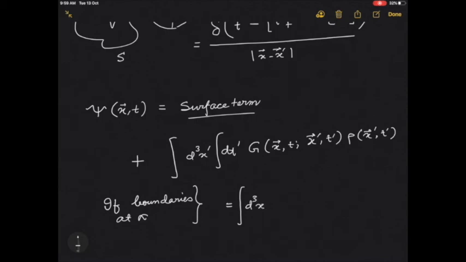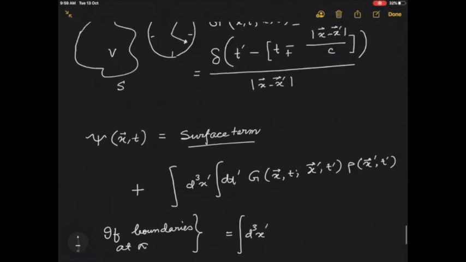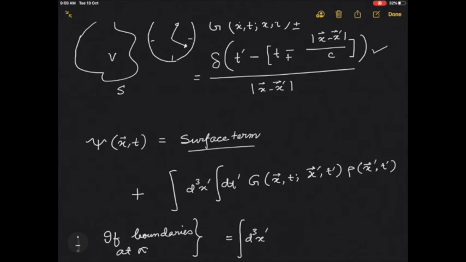So then this is equals to, I can do the t integral because I have a delta function over there. So what happens when I do the t integral? This remains as it is,